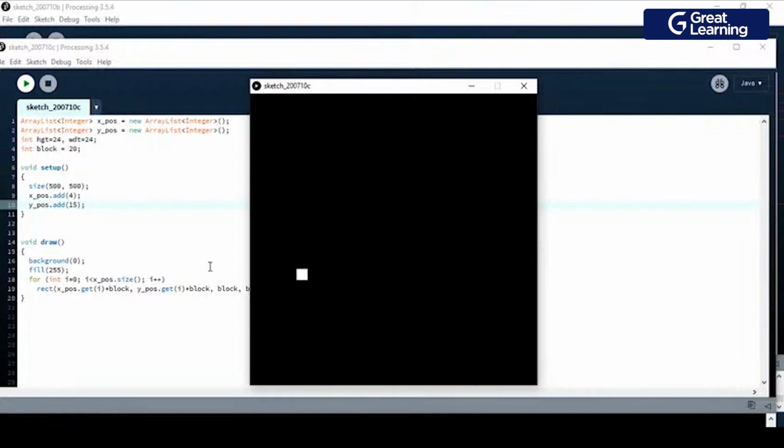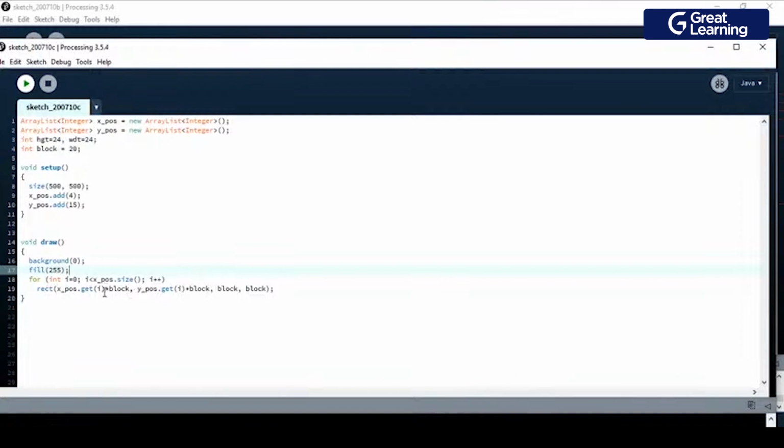Okay, so now when I looped around the rectangle, the rect function will take 4 arguments. What are those 4 arguments? First is the x coordinate, the second is the y coordinate. So I am multiplying my first pointer, that is 4, into that block size 20. That is the size that you just saw on your screen. And then the y-axis into the block size. So these are the x coordinate and y coordinate, and then these two are the height and the width of the block. The block size is 20, so just write 20 and 20, that's it.